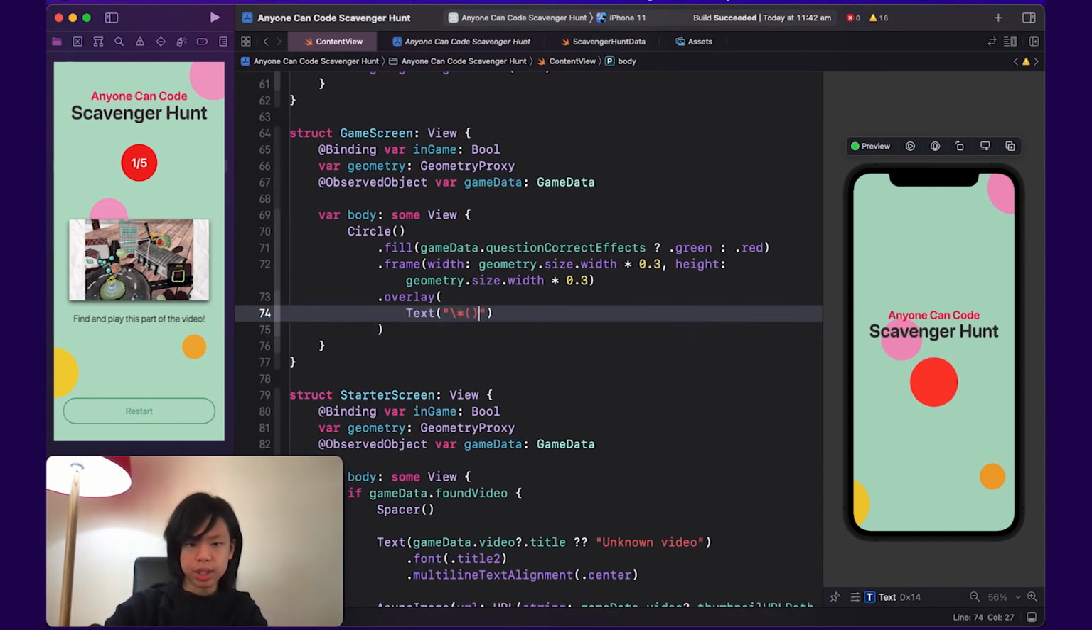And inside this text, I'm going to embed some other information from game data. So game data dot clips done. That's the first one. I'm going to add 1 to it because we want it to start off at 1 and not 0. So currently it just says 1. This needs to be 1 out of whatever. So it should be game data dot